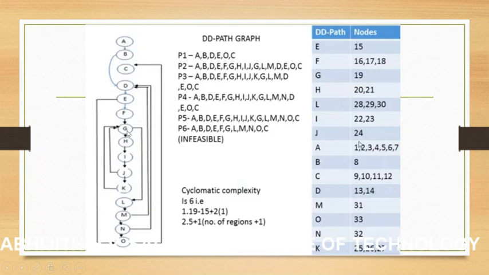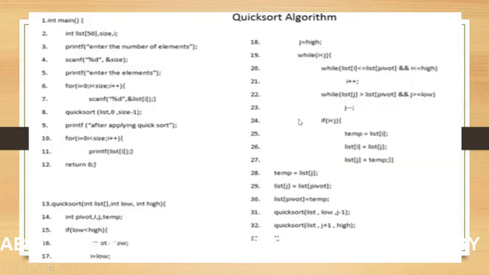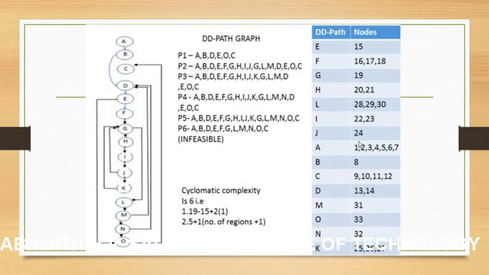instead of going to G, it will directly go to K. So what is K? K is nodes 25, 26, 27. So this is 25, 26, 27. What is 25? 25 is this. So it will directly go to this path, so I less than J. So now here it will pass through this, and after G it will go through these things, and it will be completed. So six different paths are constructed, and each takes a different path in this.